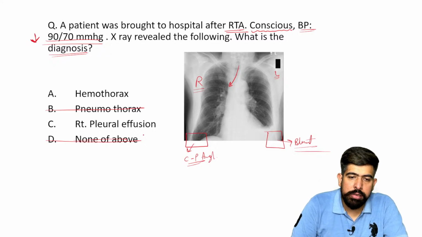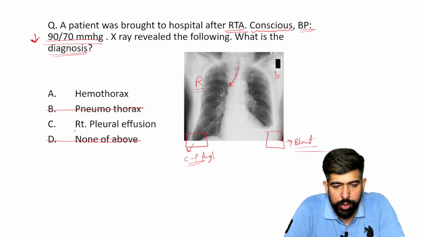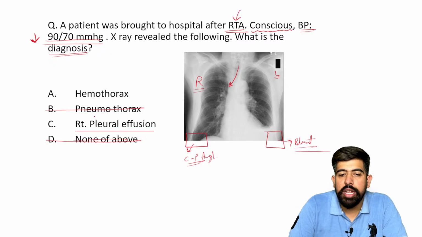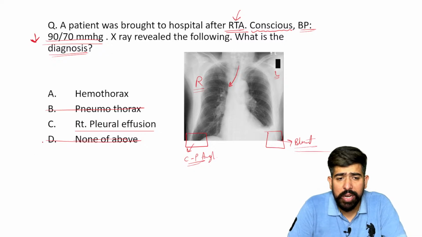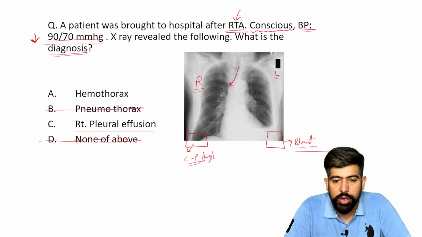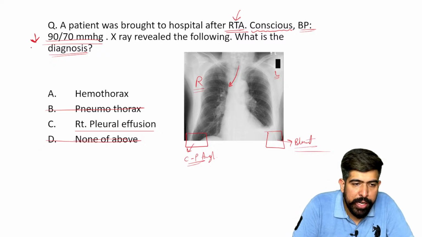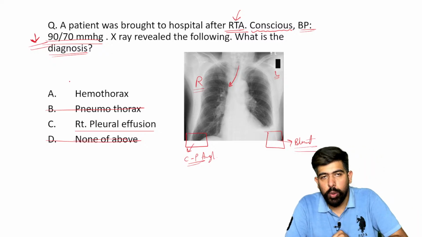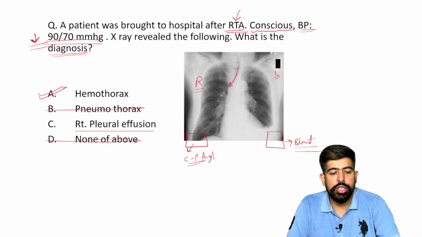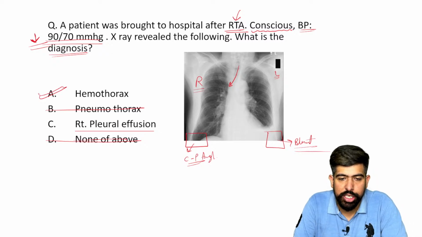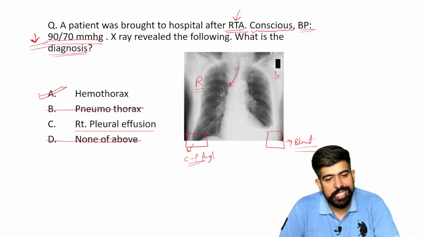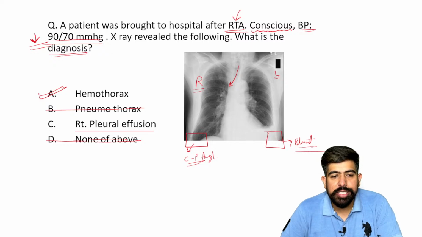But first of all, it cannot be the pleural effusion. The patient is already mentioned with an RTA, a road traffic accident, so pleural effusion will not be generated suddenly. Also, the blood pressure we are seeing is getting low, right? As the blood pressure is getting low, what should be your answer? Your answer should be hemothorax. Yes, the CP angle is blunt, doctor. Very good. So the answer is hemothorax.